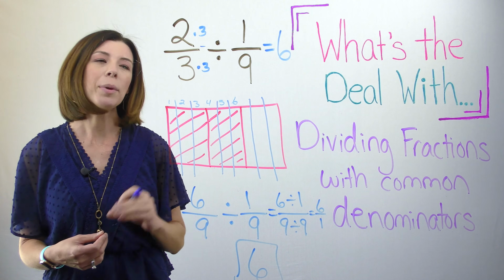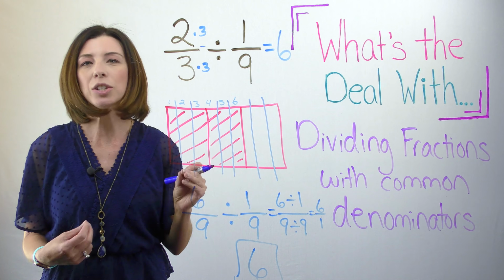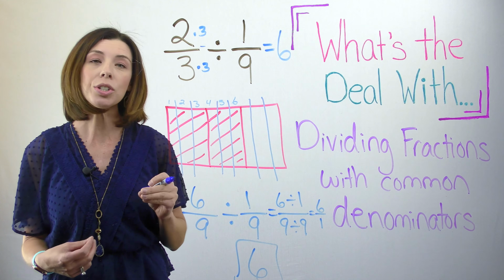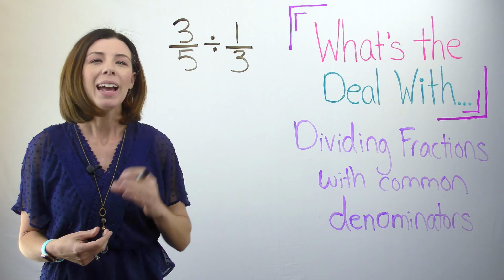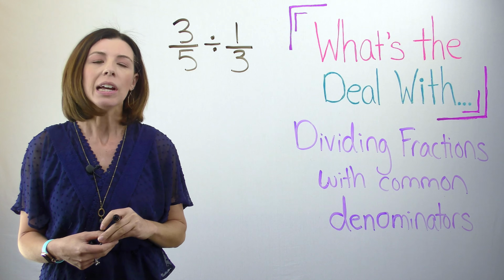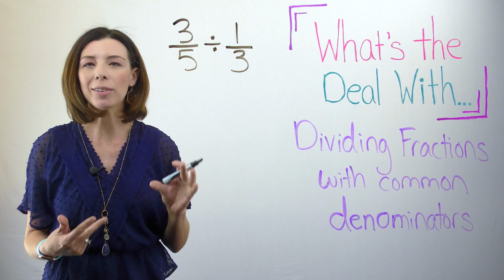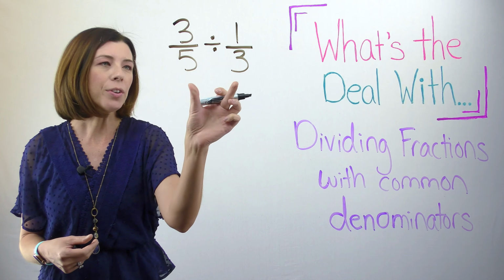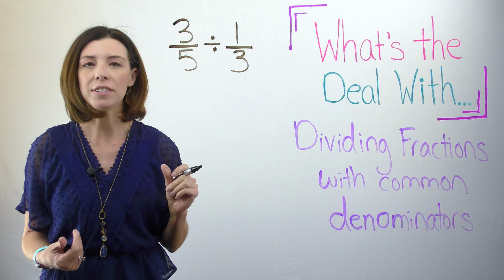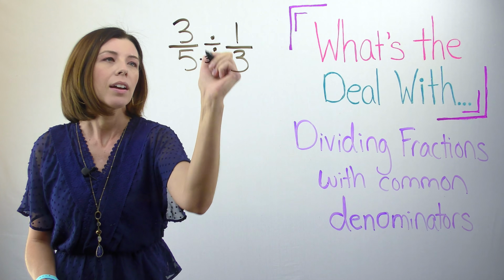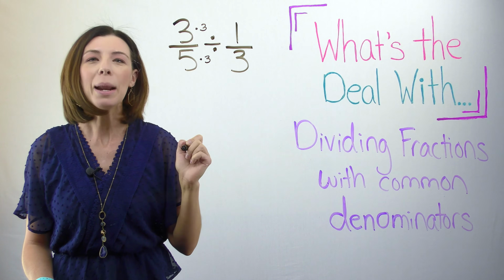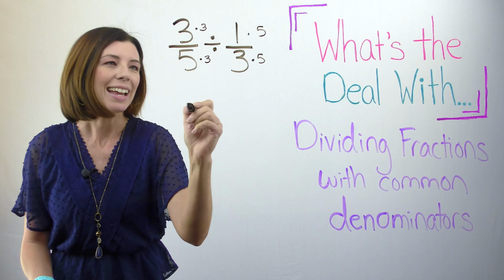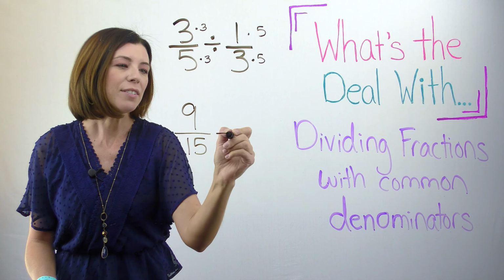Let's do one more problem that doesn't lend itself as nicely to a model. There are some expressions that won't be as nice to draw, so let's just look at how you could do that without a drawing. I've written 3/5 divided by 1/3. So this one is not going to be as nice of a model to draw, so let's just go ahead and skip right to making those common denominators. I know that 5 and 3 have a common denominator of 15, so I'm going to multiply both of these by 3, and I'm going to multiply 1/3 by 5 over 5. I get 9/15 divided by